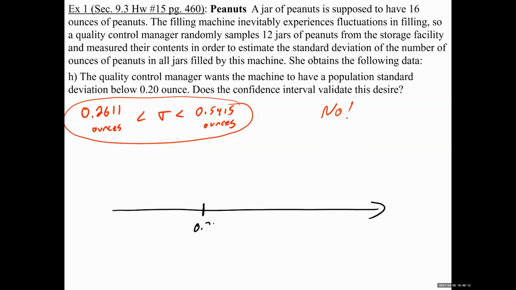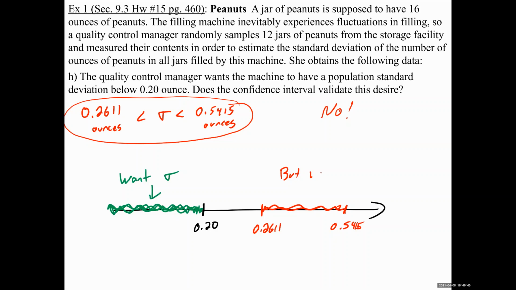So there's a number line and there's 0.20. And this is what we want. We want sigma to be in this green section. We want it to be less than 0.20. But our interval says that it's between 0.2611 and 0.5415. So we're guessing that our sigma,